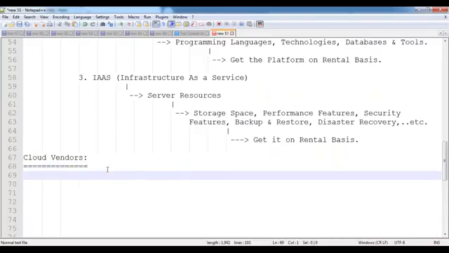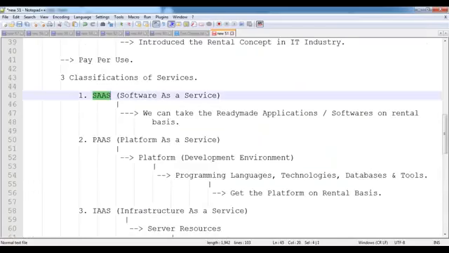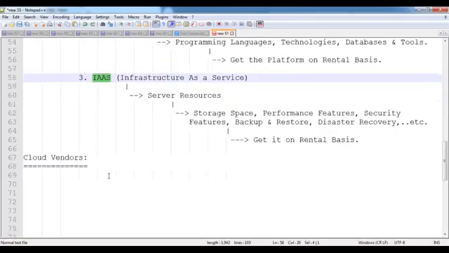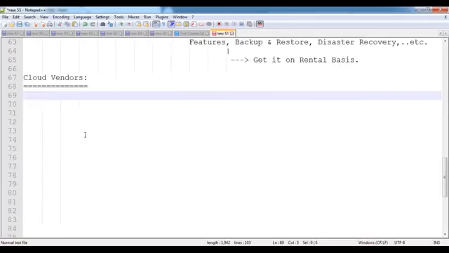Suppose if you want to take a SIM card, we have so many vendors like Airtel, Vodafone, Jio, BSNL. If you want to take a loan, we have so many banks available. If you want to take a car on rental basis, so many cab vendors are there. Similarly, if you want to take software, platform, or infrastructure on rental basis, we have so many vendors available.